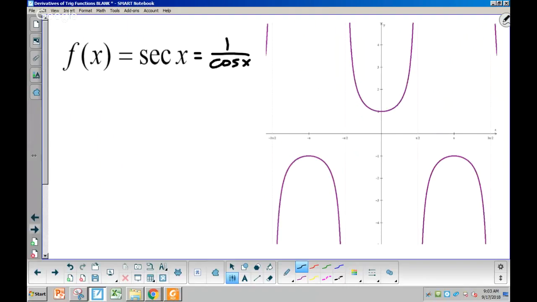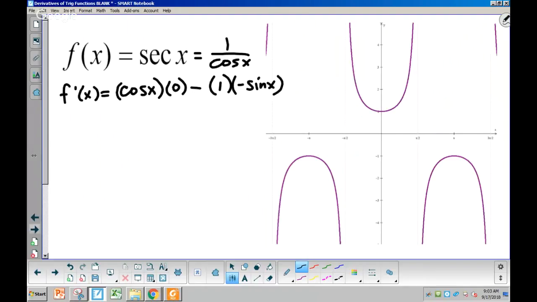And use the quotient rule. Good. So f prime of x is going to be ho, which is cosine x, d high, which is, what's the derivative of 1? 0. Good. 0 minus high, which is 1, d ho, which is negative sine x, all over ho ho, which is cosine squared x. So this first term goes to 0, and then I get a sine x over